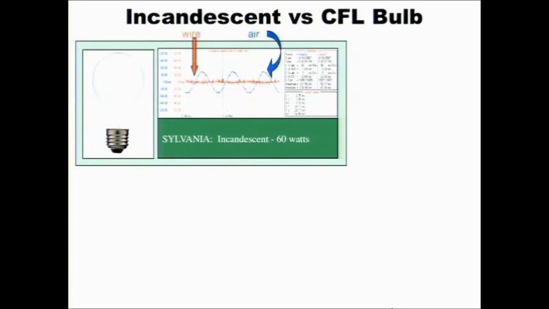And what we have here is a waveform showing you in red what is coming through the wire, and in blue what is coming through the air. Now, you can recognize here the 60 hertz sine wave. The red would also have that 60 hertz sine wave, but we just put a filter on it to get rid of the 60, so all we could see was the dirty electricity represented in a straight line. This was true whether this light bulb was on or off. Incandescent light bulbs do not radiate radio frequency microwave radiation, and they do not put dirty power on the wire.